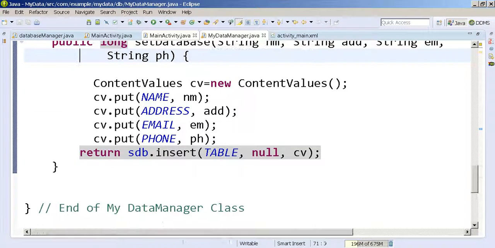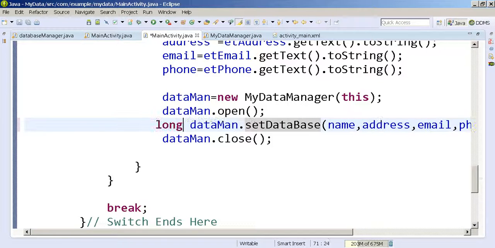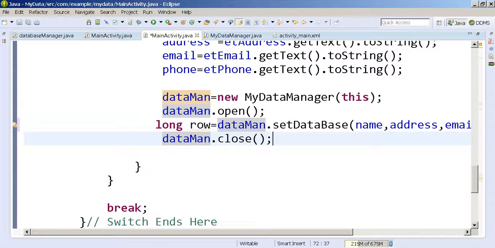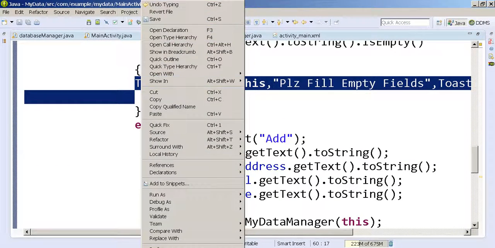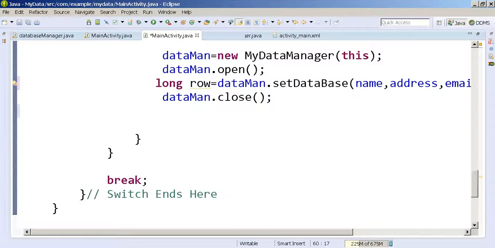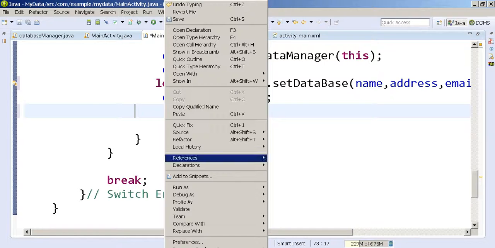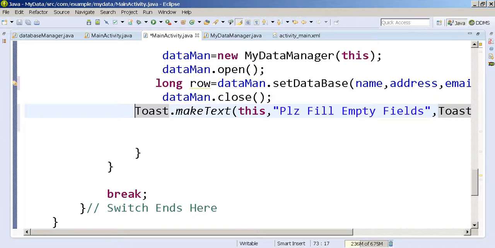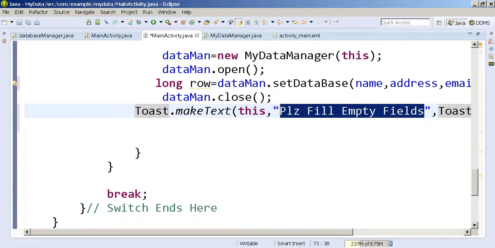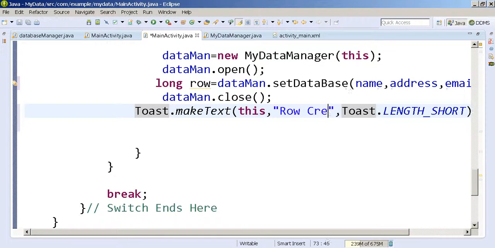Okay, so you should put that into something like, say, a security long, I would say row, because this is the row, which will be copied here. Okay, and later on I can toast it out. What else? That row created is equal to, let's say, plus